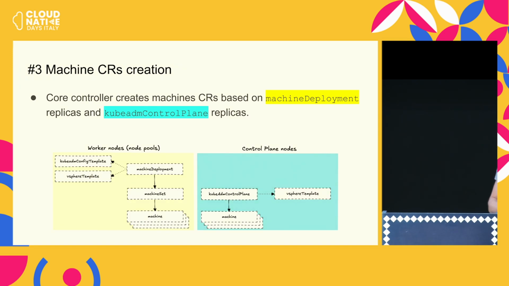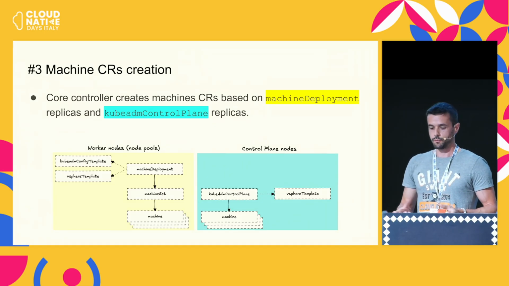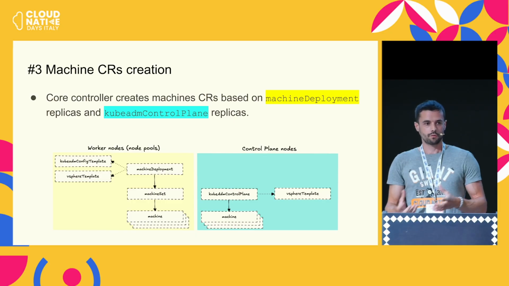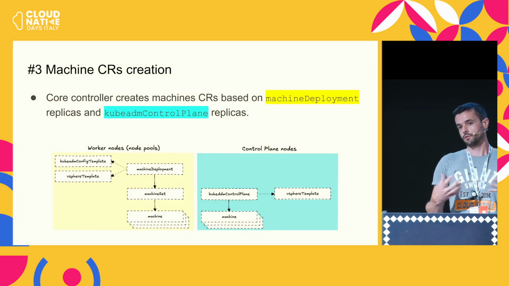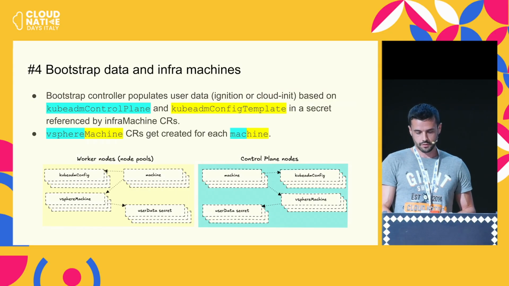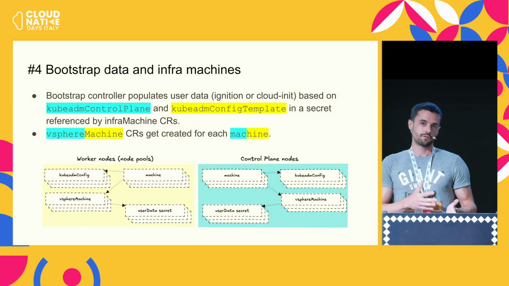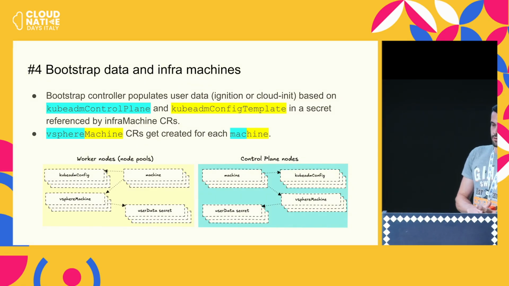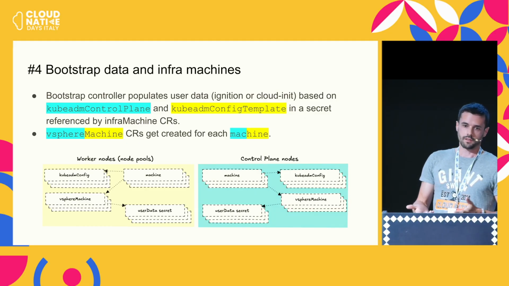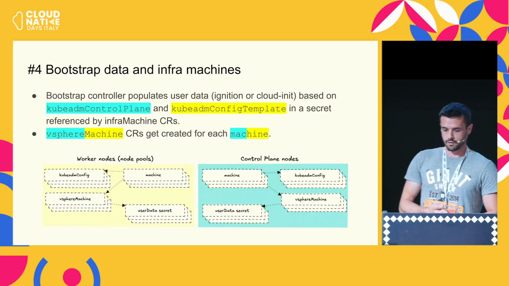Once the vSphere credentials are validated, we have a machine deployment and the kubeadm control plane with a number of replicas I mentioned. According to those replicas, the CAPI controller is going to create a number of machine CRs, which will define our Kubernetes nodes. For each machine, we will have vSphere machines and kubeadm config, which is generated by the Bootstrap controller. The Bootstrap controller, in most cases, is going to be kubeadm. This is what most companies use. But there are other controllers like Sidero, Talos, and a bunch of other providers that we can use as well.